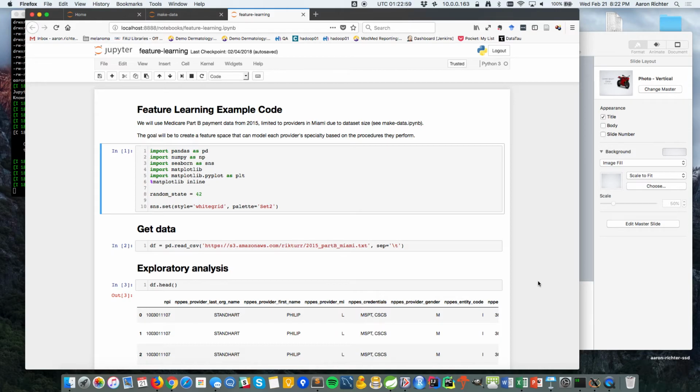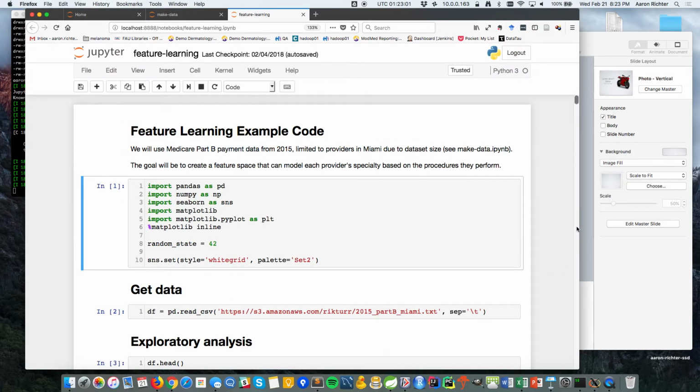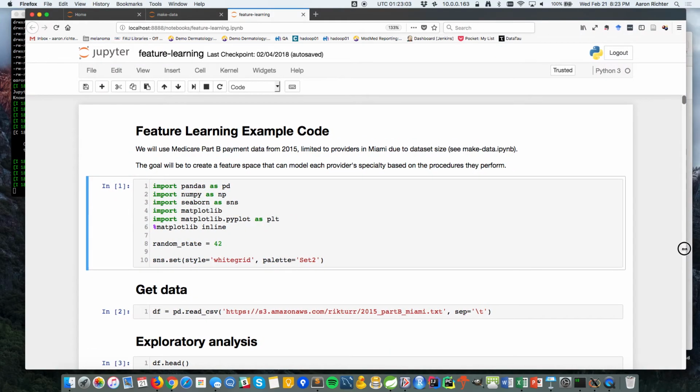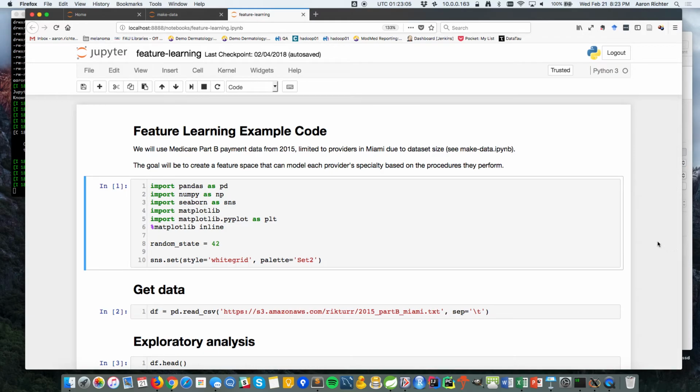So let me zoom in a little bit. So this notebook, you can just grab it. It's on the GitHub. It's fully rendered on the GitHub if you want to just look at it. If you want to grab it yourself, the data's on my S3, so it should just be ready to go to run. So what we're doing here is, again, I didn't want to use one of the typical image data sets or one of the stuff that people are using neural networks and deep learning for everything. In this particular case, just because it's something that I do for my own research and in the space that I work in, this is going to be medical claims data.